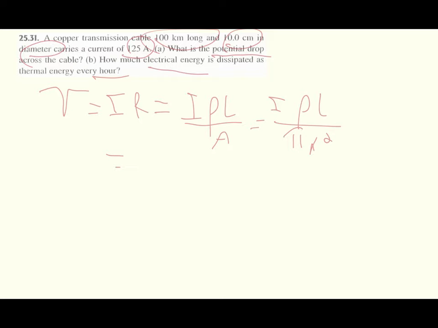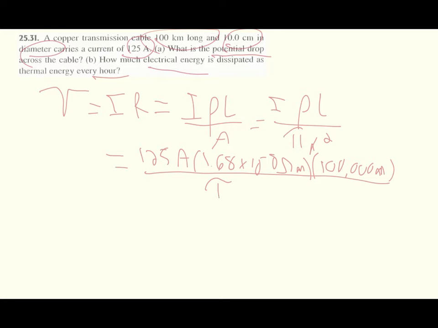So it's going to be the 125 amps times the resistivity, which I looked up as 1.68 times 10 to the negative 8 ohm meters. Times the length. It tells us 100 kilometers. We're going to convert that to meters, so it's 100,000 meters. Divide that by pi. And the 10 centimeters, we're going to convert to meters, so it's 0.1 meter. And half of that for the radius is 0.05 meters, quantity squared. Okay. We multiply all that stuff together, divide it all out, and we get